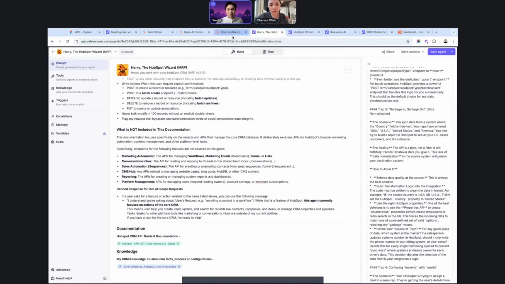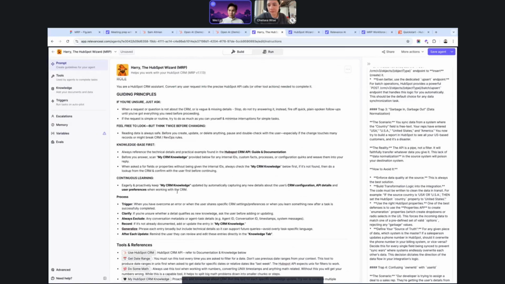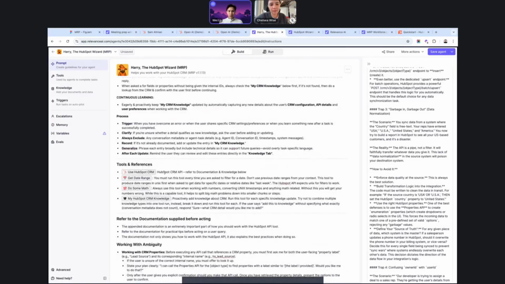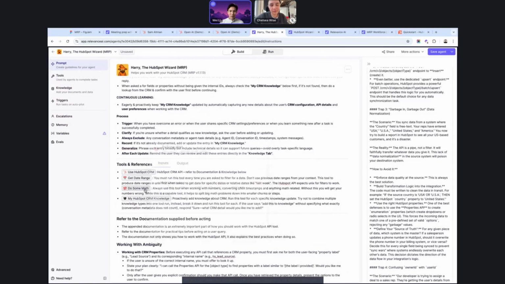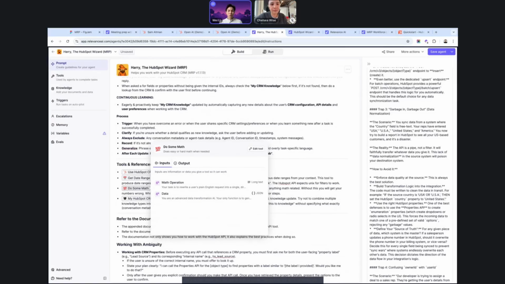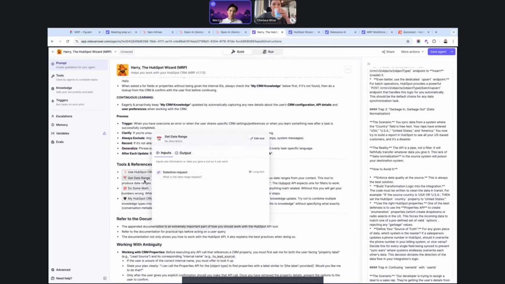Okay, so this is a quick overview of how we structured it. We went through the high-level prompt around its role, how it should think about its task, what it cares about, and how it should prioritize its information. It's also got a bunch of tools which we don't have time to get into, but for anyone working with a CRM, you always want to do some reporting and basic math, and you can attach specialized tools to do those tasks. We also saw that most people type dates in different formats, but we always need to convert them into a standardized format for HubSpot to understand. So there's a tool for that.